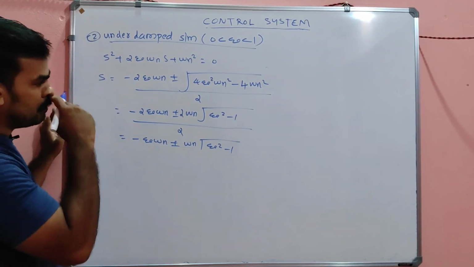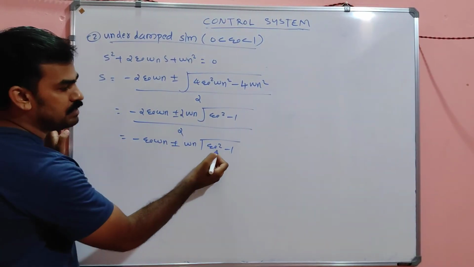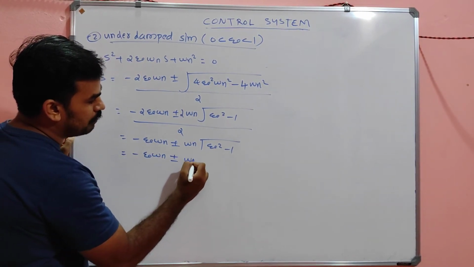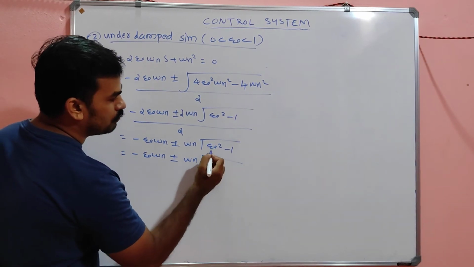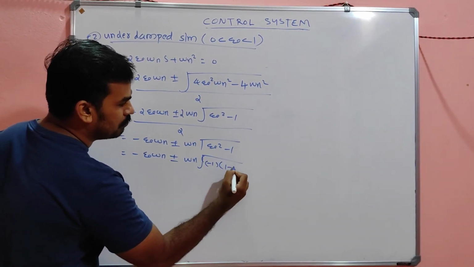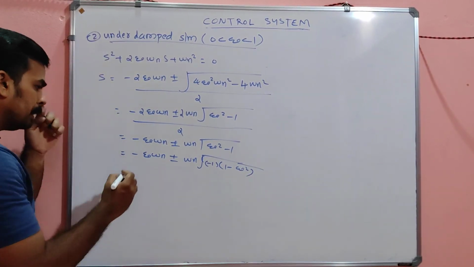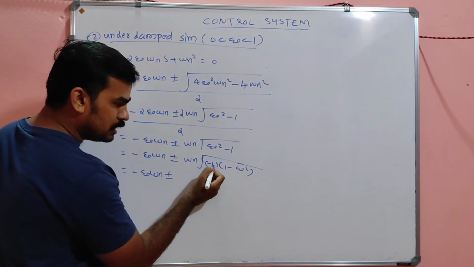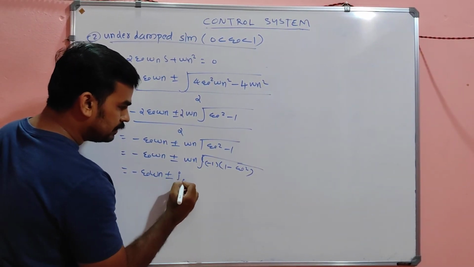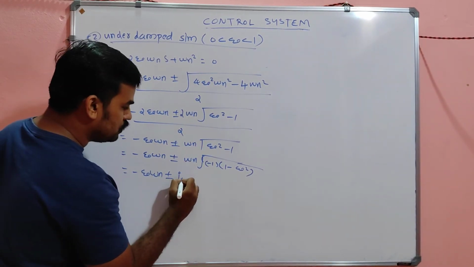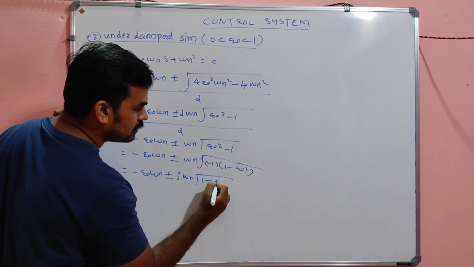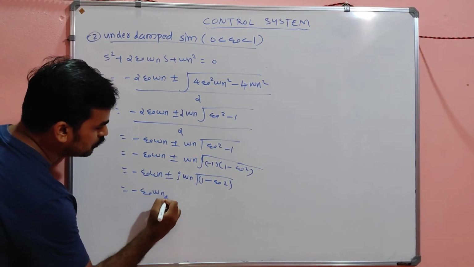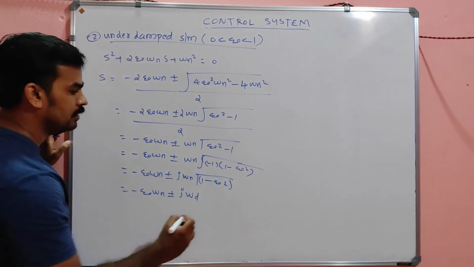But the value of theta is less than 1 now. 0 to 1 is the value of theta. So it can be modified: minus theta omega n plus or minus omega n into root of, take minus 1 outside, it will become 1 minus theta square. So it will become, my dear, minus theta omega n plus or minus, this minus root taken outside, so it will become j, equal to root of minus 1, so j omega n root of 1 minus theta square. So it will be simplified again as minus theta omega n plus or minus j omega d, where omega d is called